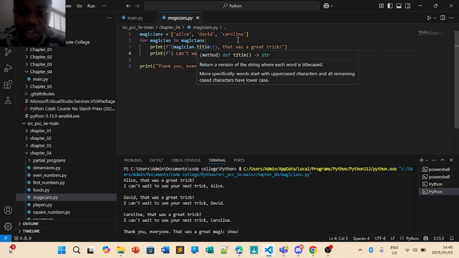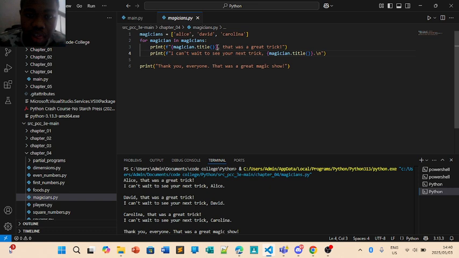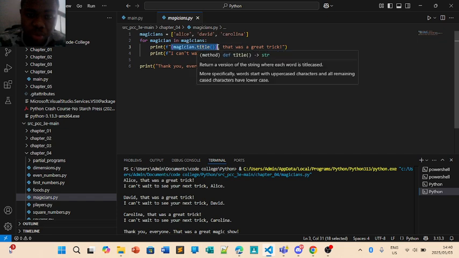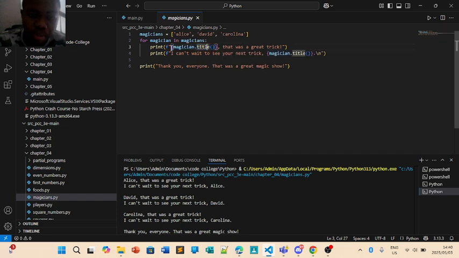And then you've got your string, so everything has been strung together, and we put in curly brackets just to make sure that the computer knows that